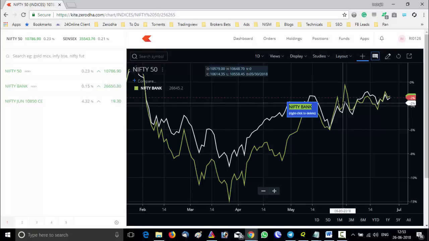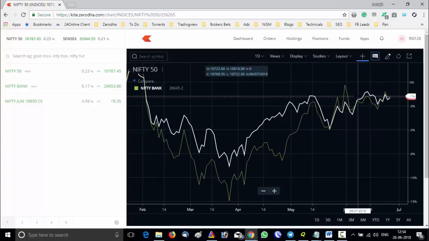You are not playing directional; rather you are buying Bank Nifty and shorting Nifty, because you are buying the stronger one and shorting the weaker one. And here once again you can see Bank Nifty is crossing below the Nifty line. That means now Nifty is stronger and Bank Nifty is weaker. So cover shorts in Nifty and longs in Bank Nifty, and now go long in Nifty and short in Bank Nifty. Whenever the market falls, Bank Nifty will fall more, and whenever the market rises, Nifty will rise more. So this is how you can do pair trading.